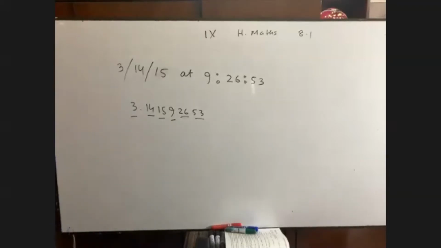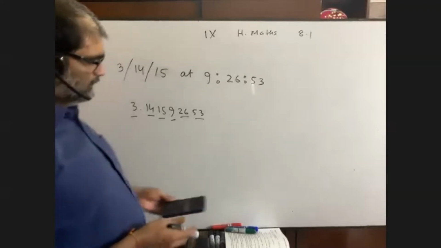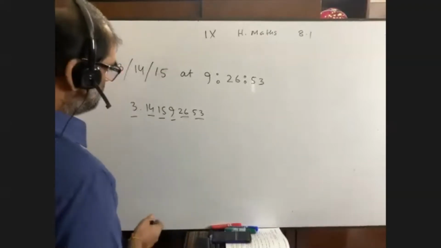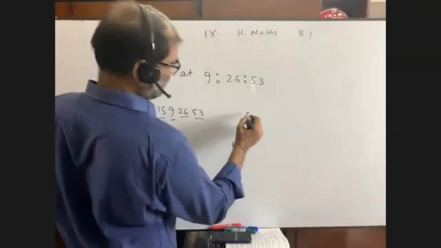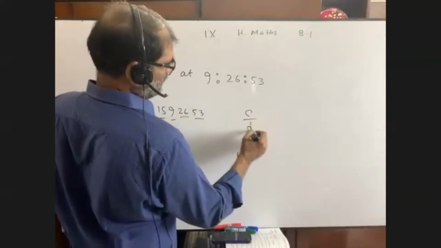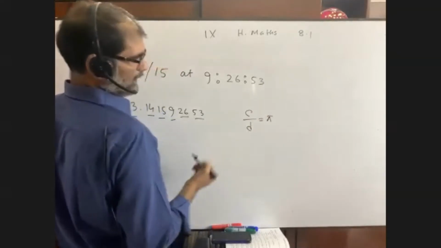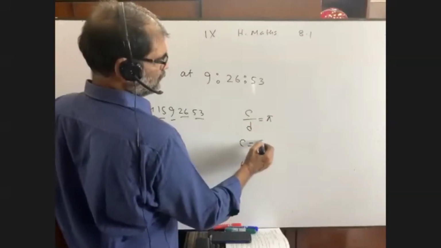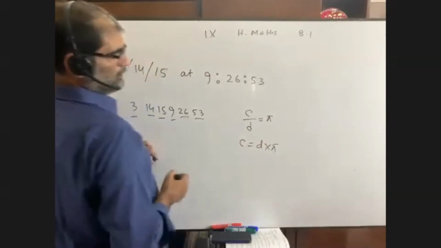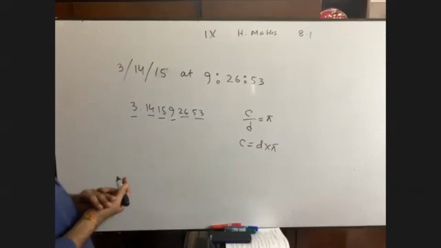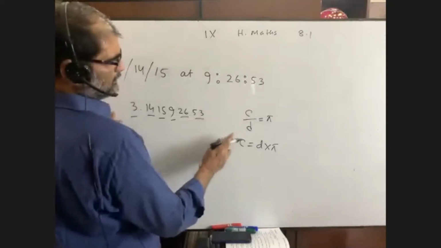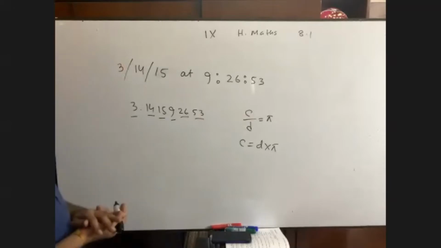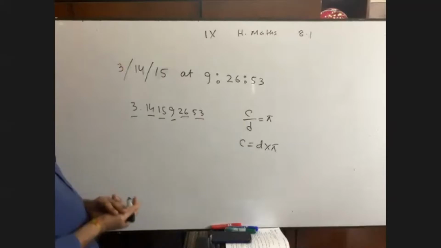Sir, actually, when we divide circumference by diameter, then we get pi. C by D equals to what? Pi. If we multiply diameter by pi, then we'll get C equals to D into pi. Sir, it is also true that if we divide circumference by diameter, we get pi. Sir, it means that either circumference or diameter is an irrational number. Diameter cannot be because it's a straight line.